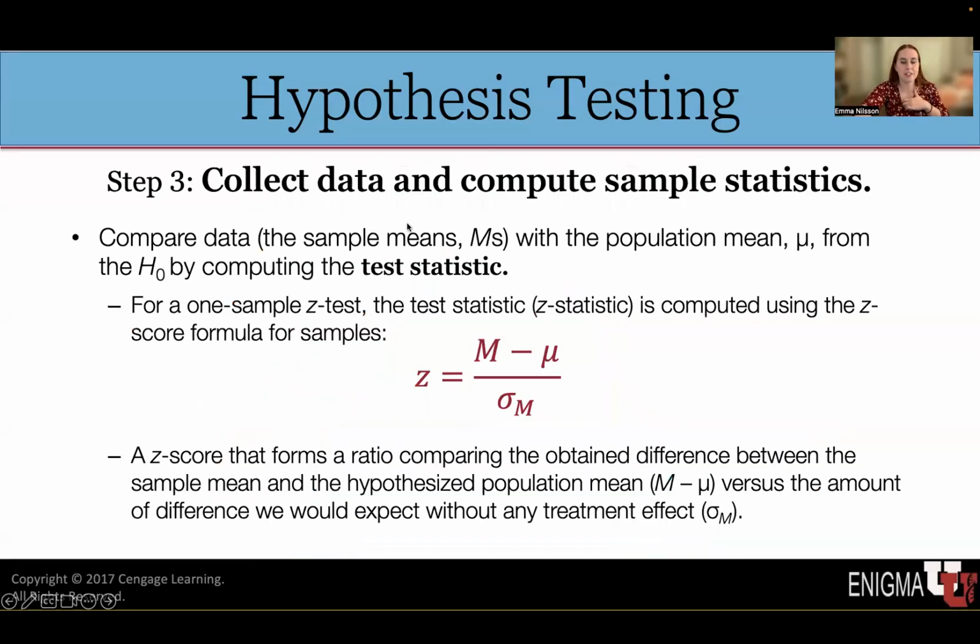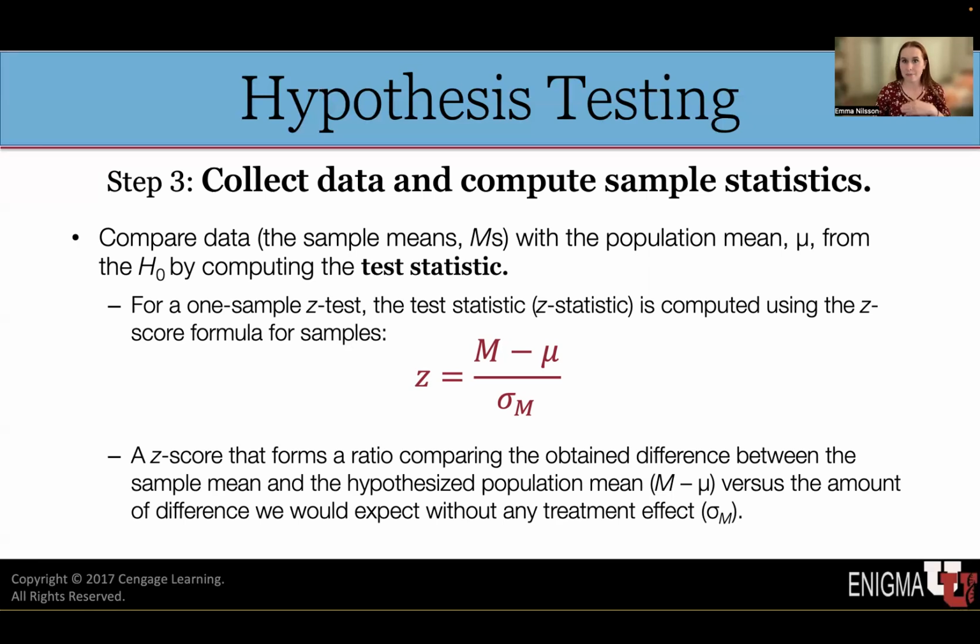After we've established that, step 3 is to collect our data and to compute our sample statistics. Note that we collect our data after the researcher has already stated the hypotheses and made a decision about what alpha level we want. The reason for that is it helps to ensure that researchers make honest and unbiased decisions regarding decision criteria, and we don't make them after we've already seen the results, because that would lead to biased science, right? So after we've already established that decision, we're going to collect our data, we're going to compute our